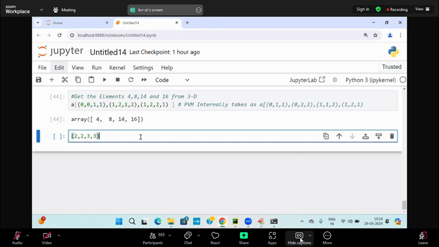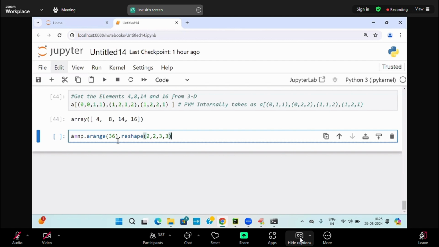How many elements in total? 3 times 3 is 9, 9 times 2 is 18, 18 times 2 is 36. I will prepare 36 elements. A is equal to np.arange of 36, dot reshape of